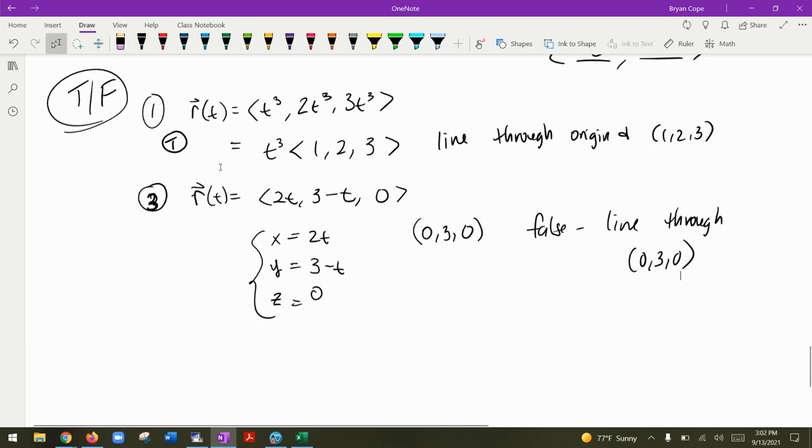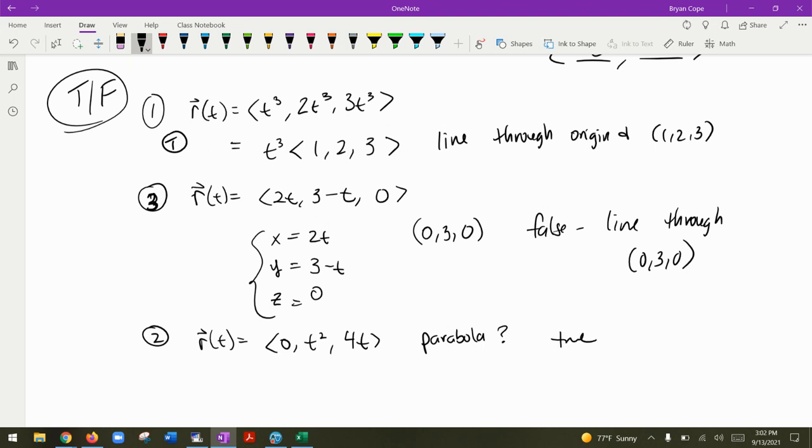Let's do 2 then. Let's back up to 2. Okay, so 2 says, take the space curve r of t equals 0, t squared, and 4t. Is it a parabola? Let's go with Peter. What's your intuition, Peter? Where's Peter sitting today? Right there. True. You think it's true? I think you're right too, but I got to prove it to myself. It's like a parabolic